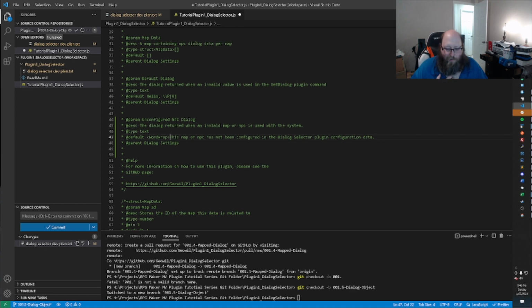And what word wrap does is it essentially takes a string of text that you have, so some text you're displaying in a window. If it would exceed the length of the window, it will move the dialogue down to another line. And if you exceed the number of lines in a window, it will create a new window automatically. So using word wrap is a good way to